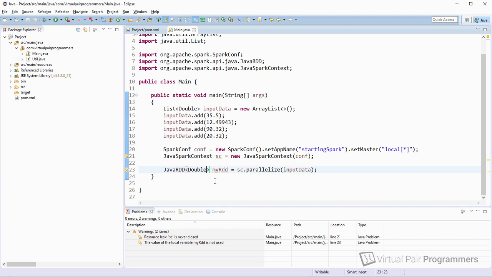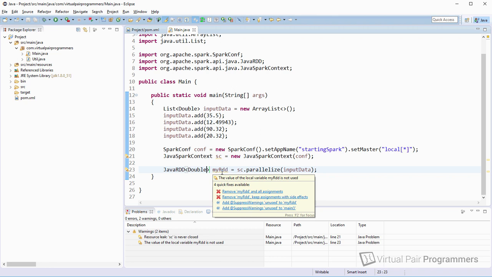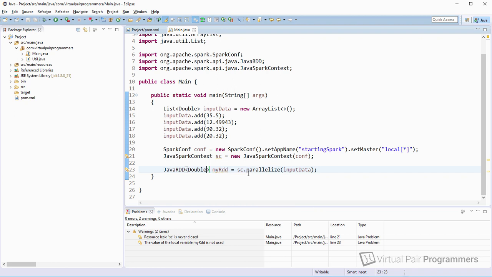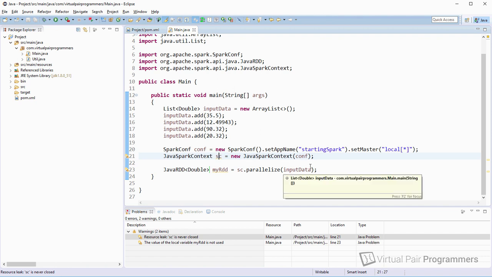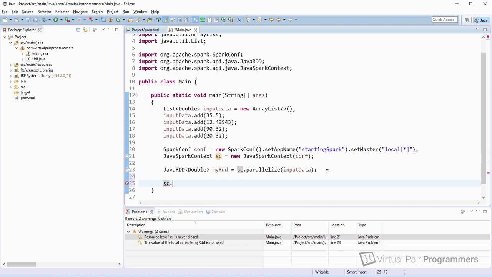We've now got two warnings. This warning's fine. The one on my RDD is just saying, well, you've never used this variable. That's okay, we'll be fixing that shortly. And one annoying warning here is this Spark context. Now, in theory, we're supposed to close this Spark context when our program is finished. So the very last line of code should probably be